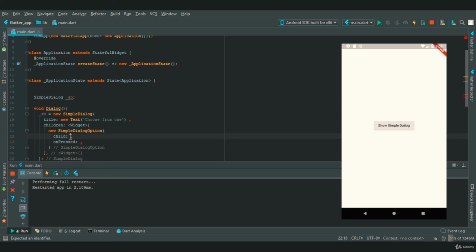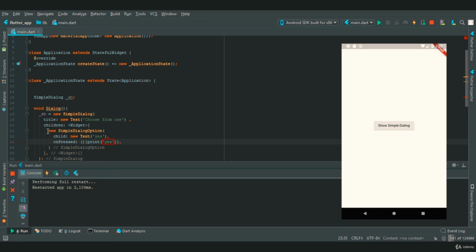In this child we need to provide a text, so we'll say yes, and for right now in onPressed we are going to perform a print operation. It takes a function, and here we are going to say print, and let's provide what we want to print, that is yes.